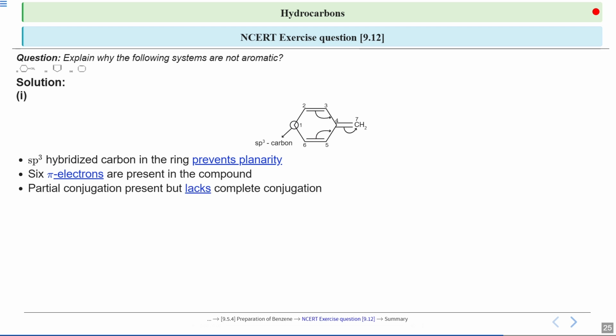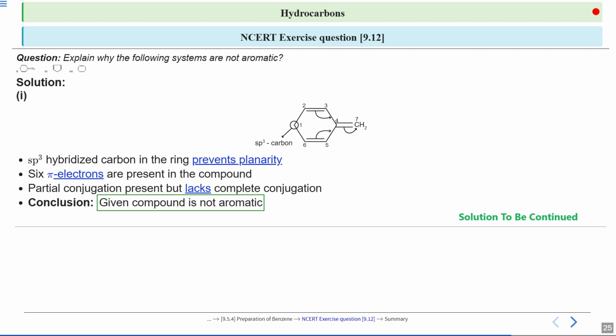Next, due to this sp3 hybridization, there is a partial conjugation, and that partial conjugation is represented in the image as well, and hence it lacks the ability to do complete conjugation through the ring, making it unable to be an aromatic system. So what we can say, due to its failure of following the first 3 rules, it is a non-aromatic compound. Continuing further,